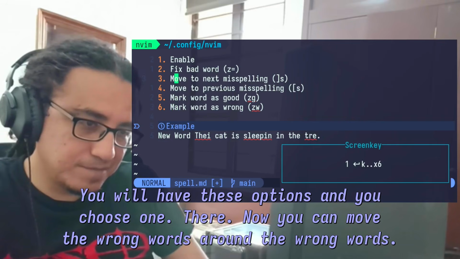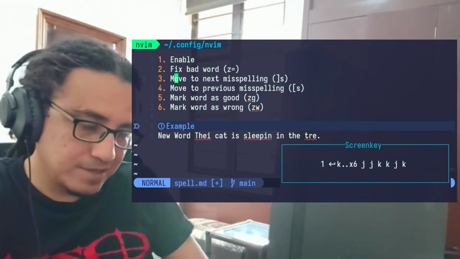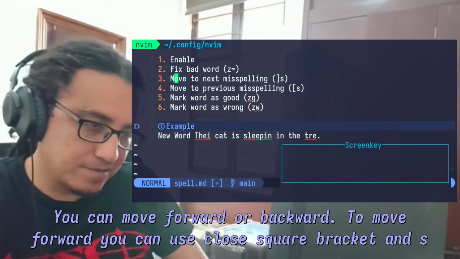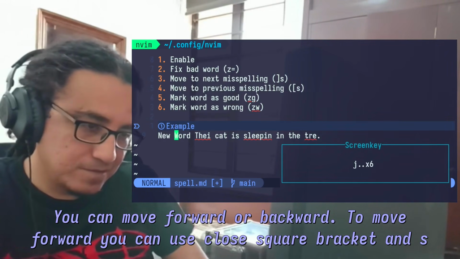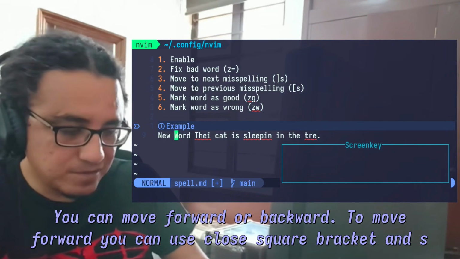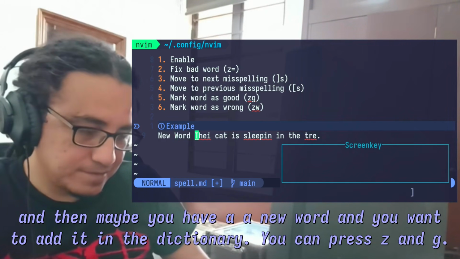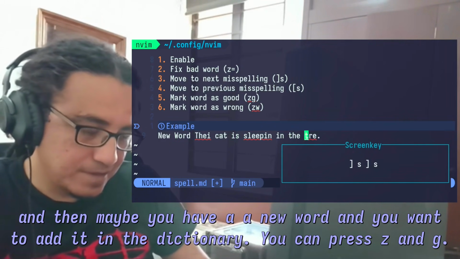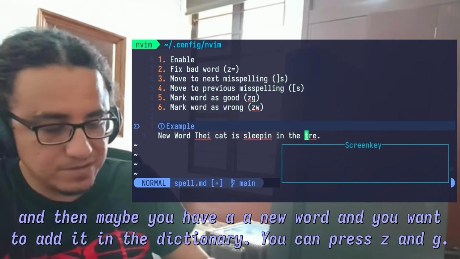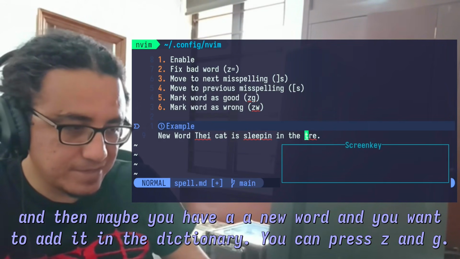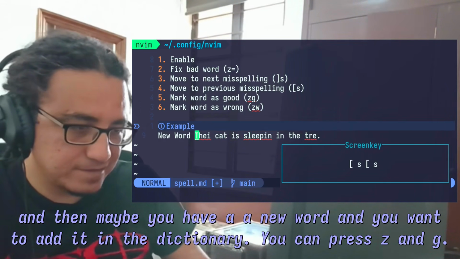Now you can move around the misspelled words. You can move forward or backward. To move forward you can use close square bracket and s. And to go backward you can use open square bracket and s. Okay,